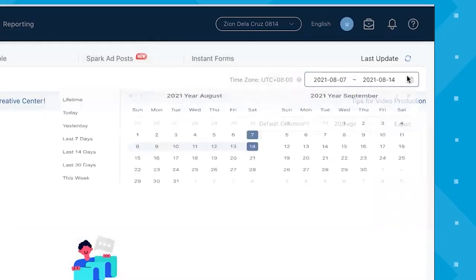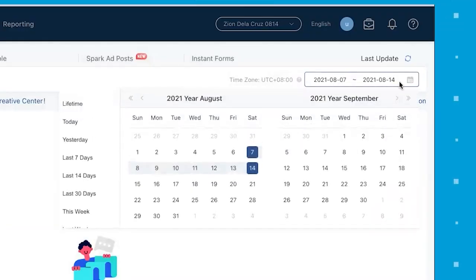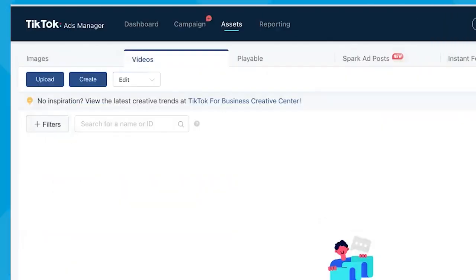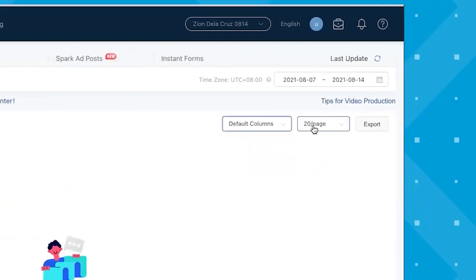On the top right, you can sort videos by date when you have a larger library. You may see some TikTok help suggested here. I encourage you to read through those when you can. Next, you can filter videos, search by name or ID, sort analytics columns, decide how many to show per page,